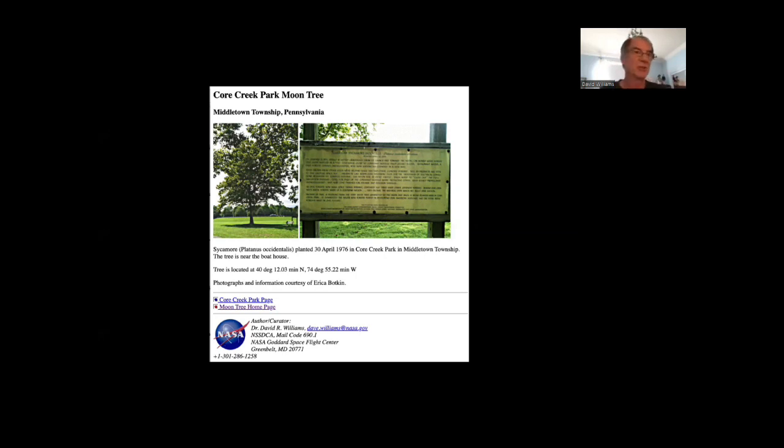Well, I started putting this together, and it turns out there were a lot of moon trees all over the place. And along with that, I started hearing from people in the Forest Service who stumbled across the page, and people who were, well, even Stuart Roosa's family, which I'll get to. And I started getting more and more information about it, and I started really getting the whole story together. And so I've been adding to the webpage ever since.